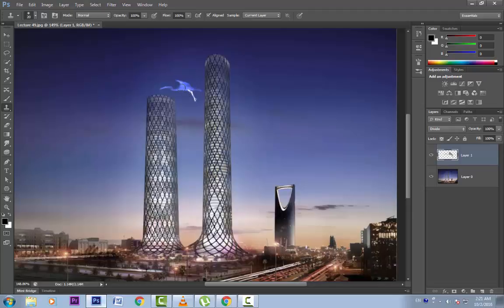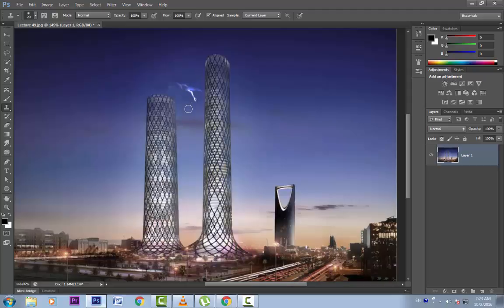Suppose I take my cursor near this bird and press Alt, my cursor changes to this hair-like cursor. It means we are about to sample this area. Now if I left click, it samples this area. I leave the Alt button and start painting. Now while cloning, it is very important to sample the areas very near to our source. Suppose I want to delete this, I'll sample the area just next to it. Every time I am selecting a source, I am pressing Alt. This way we can eliminate the whole bird.